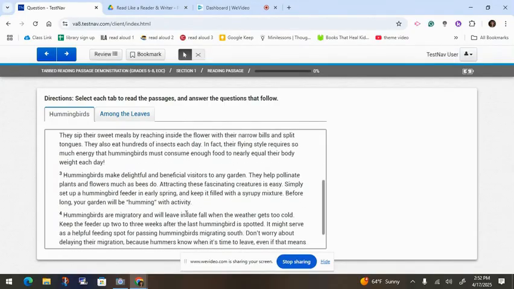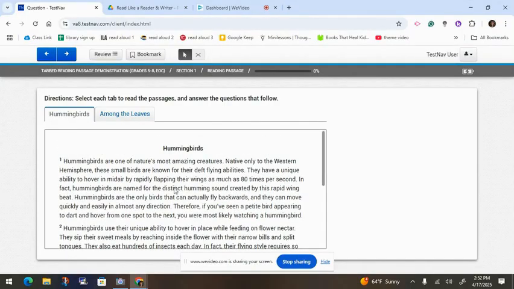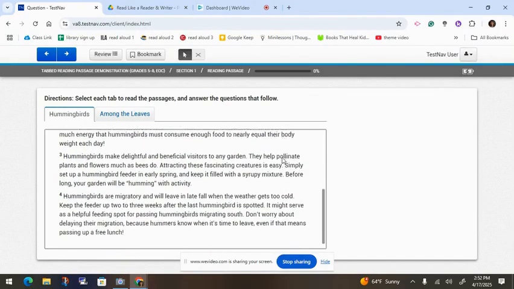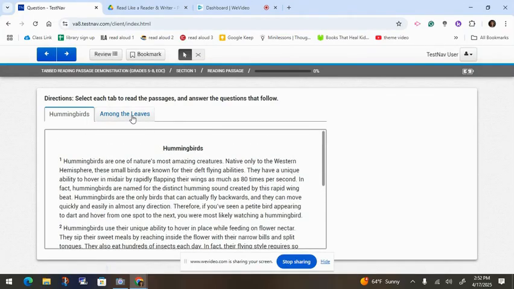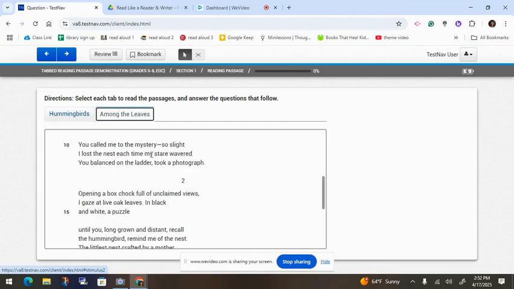I see there's only 4 paragraphs, but I am seeing that it looks like The Most Amazing Creatures, Native. I'm just looking at the beginning because I don't have any other features. This looks like this is nonfiction and going to be fact-based about hummingbirds. So let me click on my other. My brain is thinking right now I might want to do a bridge because I see a paired passage, but let me look at that second text. My second text,